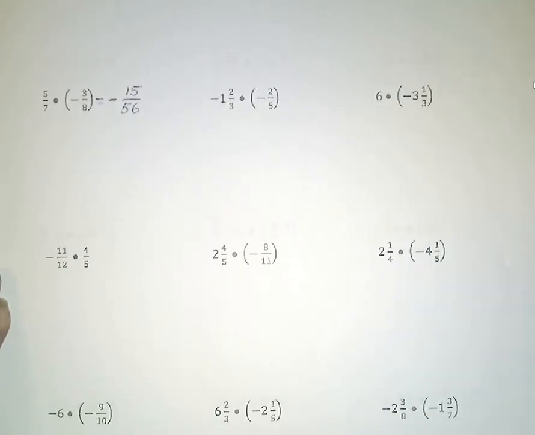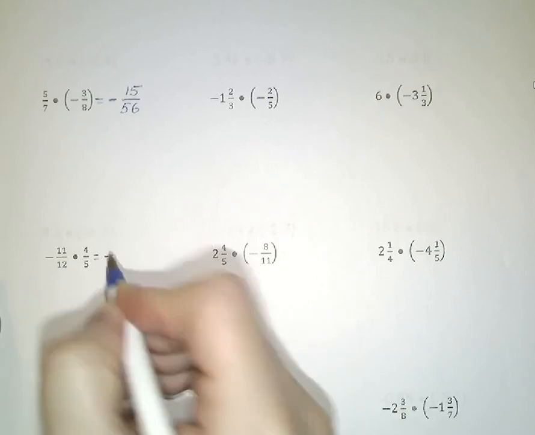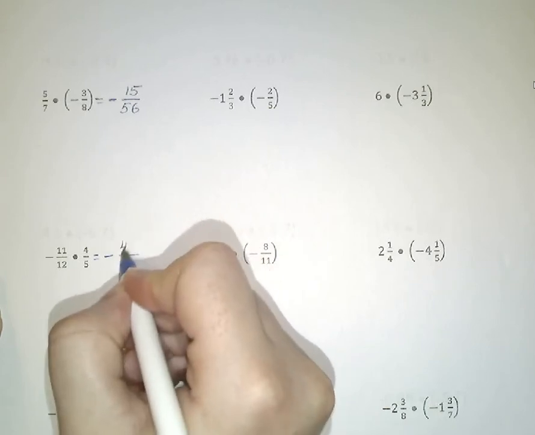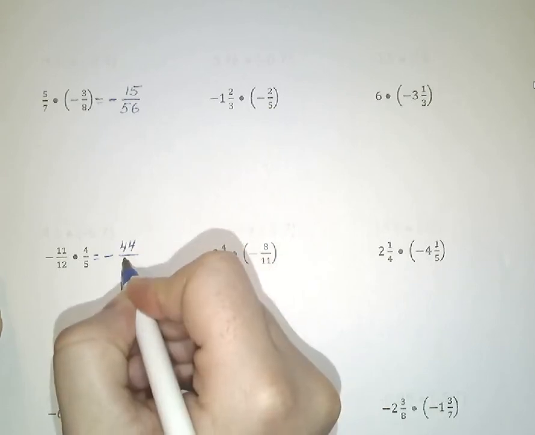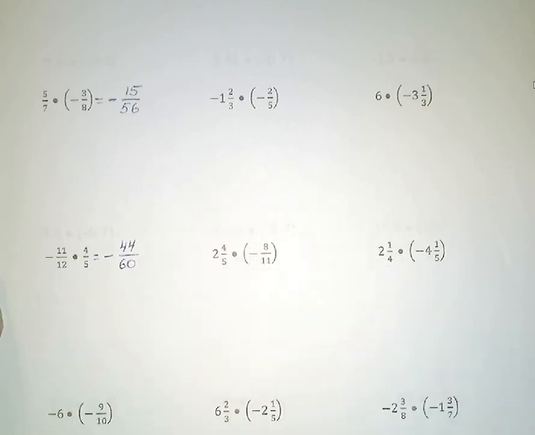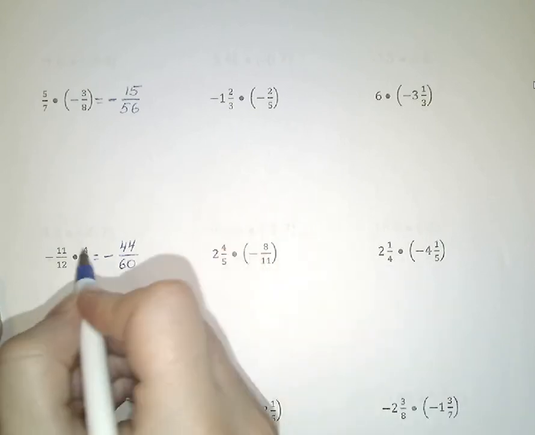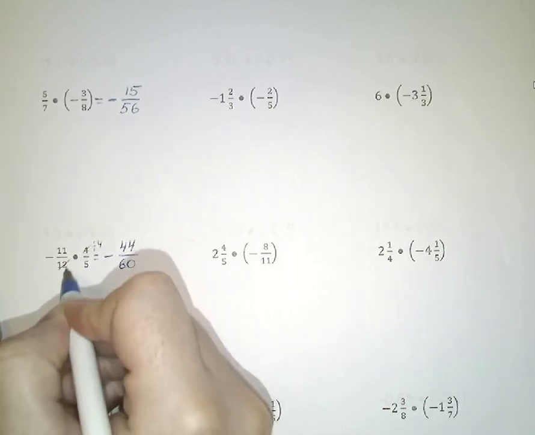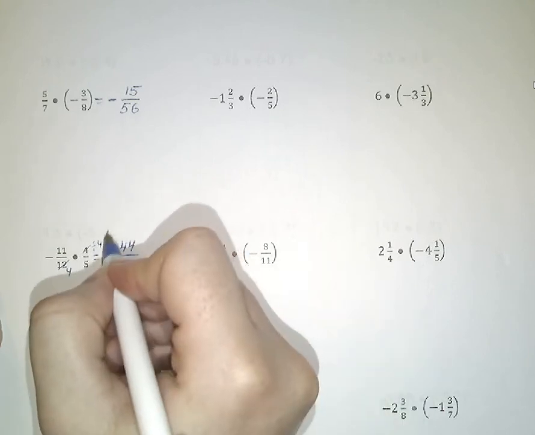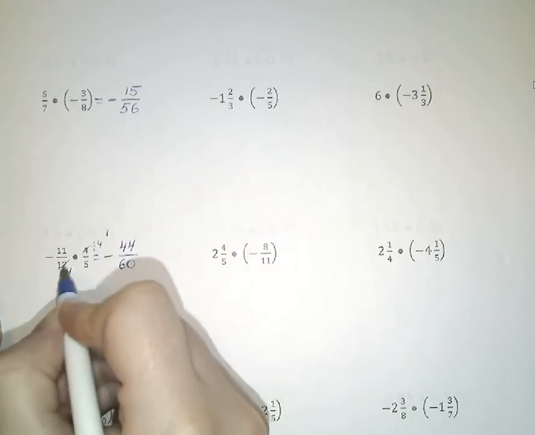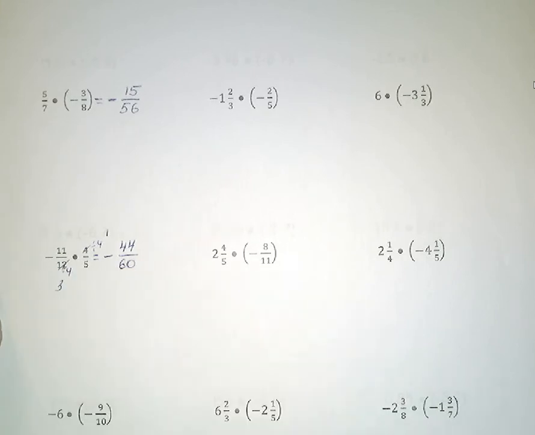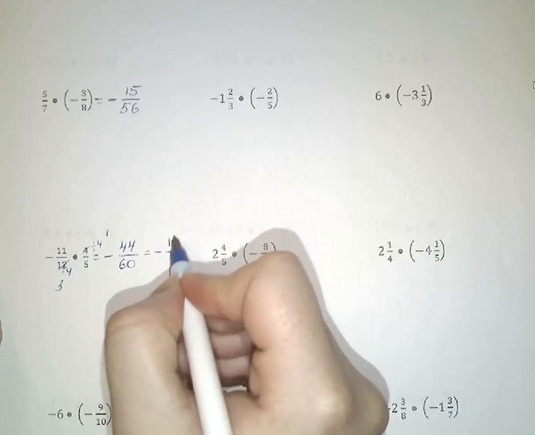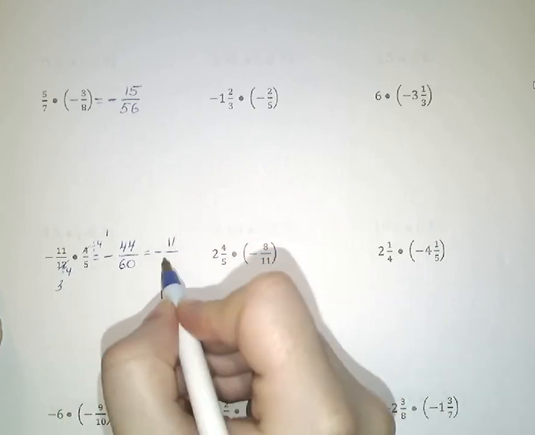Next one, negative 11 twelfths times 4 fifths. I'm multiplying different signs, so my answer is going to be negative. And 11 times 4 is 44, and 12 times 5 is 60. You could have simplified. I just saw it, I'm sorry. 4 and 12 can be simplified, you can divide them both by 4. Okay, and you will have 1 here and 3 here. Okay, so you will have 11 times 1